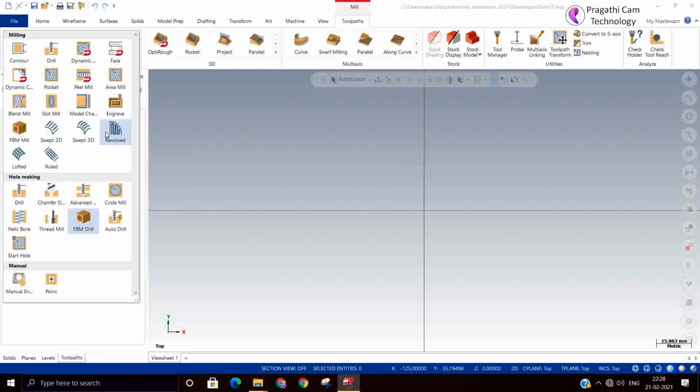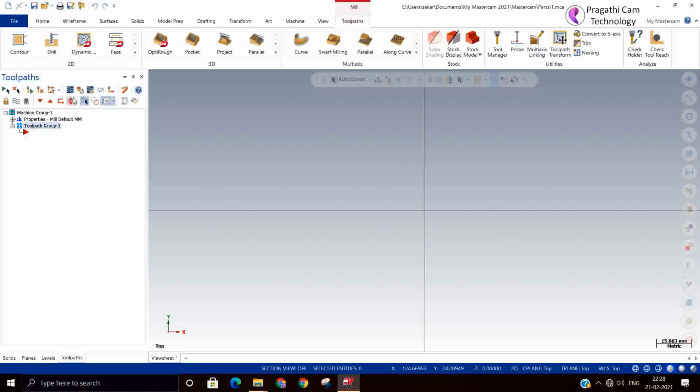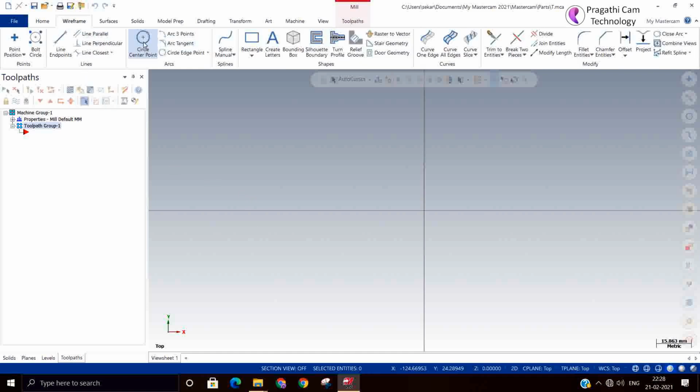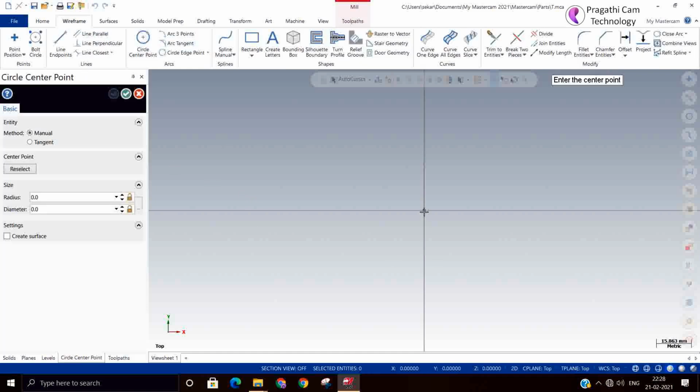Generally this is not much required. It is only for the place where you don't have the 3D license, you have only a 2.5D license, and only a small amount of 3D is to be done. In that situation you can utilize this toolpath very well. Now I will make one small example.